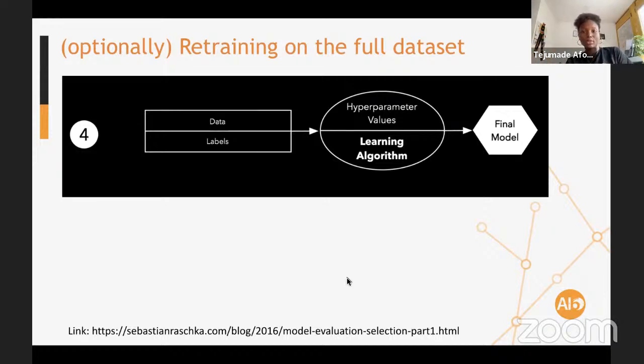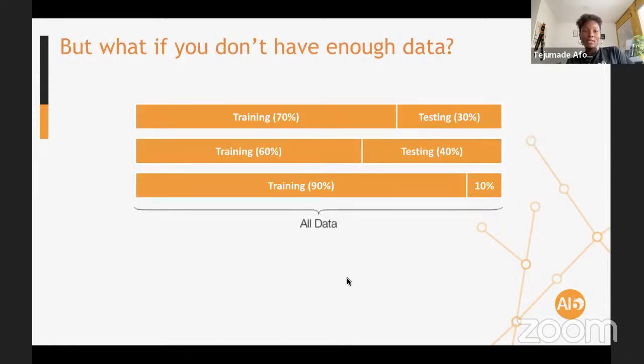You retrain on the full set, and you have your model that is expected to offer even better performance because now you have more data. The more data you have, the more you can learn from that data. This is the idea.